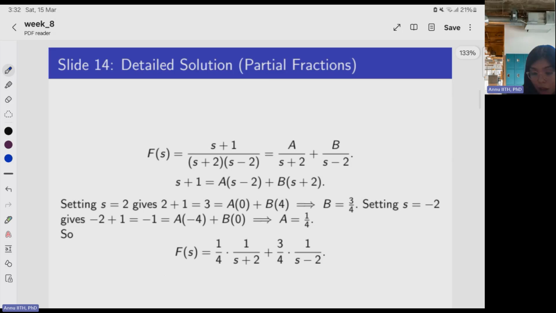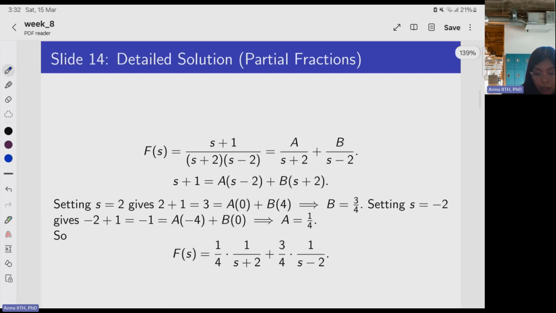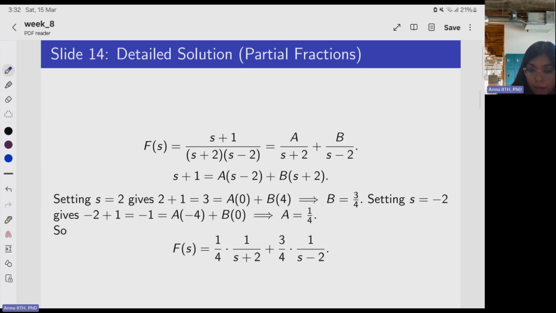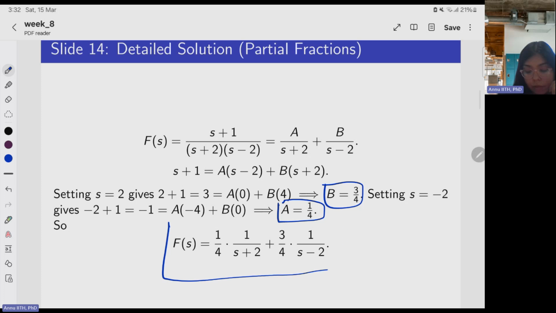So let us solve using partial fractions. It can be written as A by (s plus 2) plus B by (s minus 2). Solving will give you the A and B values. A you are getting as 1 by 4, B you are getting as 3 by 4. So F(s) is equal to